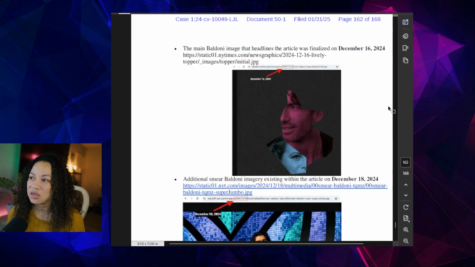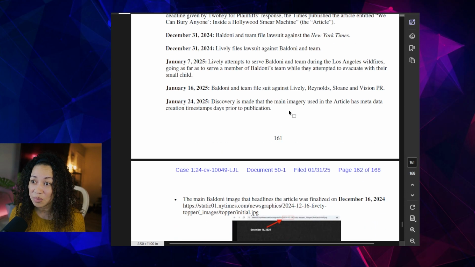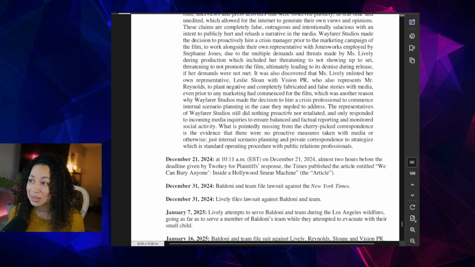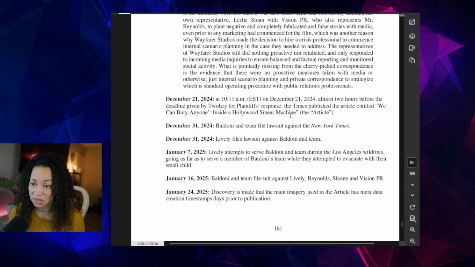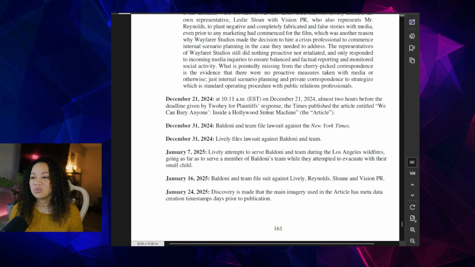So starting off with the article, this article was published on December 21st. "We can bury anyone inside of a Hollywood smear machine." And on the 31st, you got Baldoni's team filing a lawsuit in response, basically saying it was defamation.